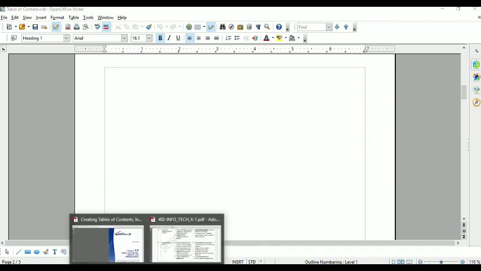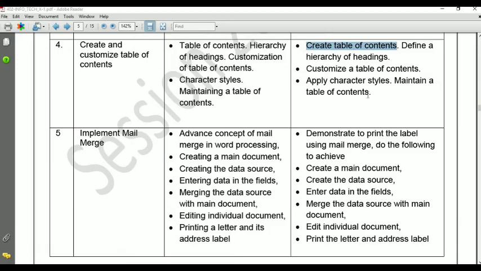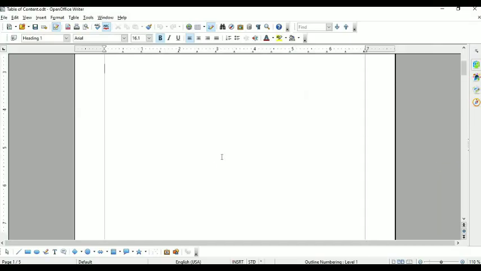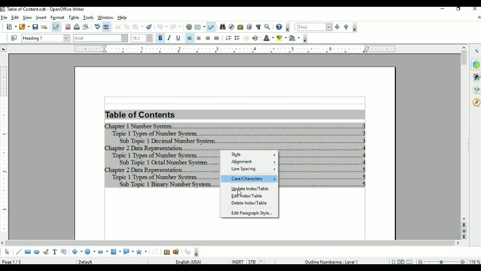So I have discussed how we create a table of content, then how to maintain a table of content. In this we have three options. One is right click, update index or table. Second is edit index or table. Third one is delete index or table.